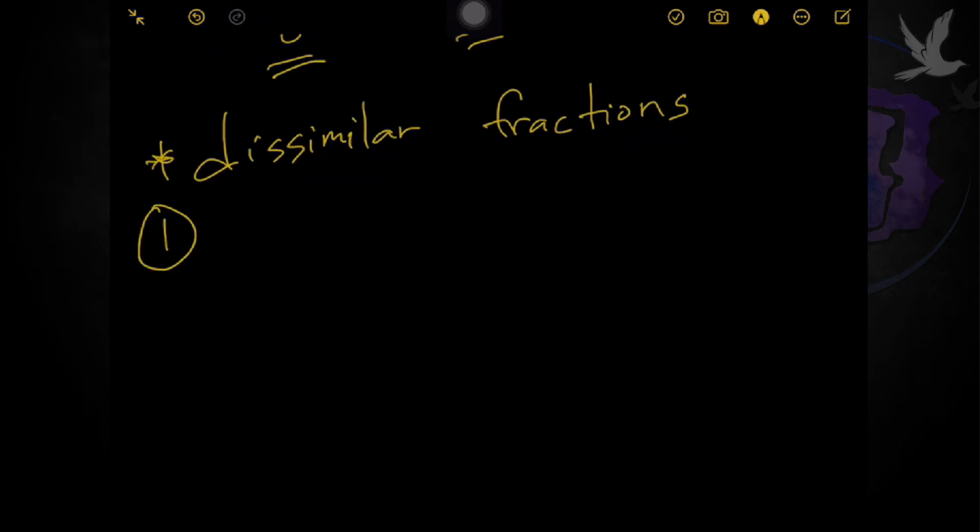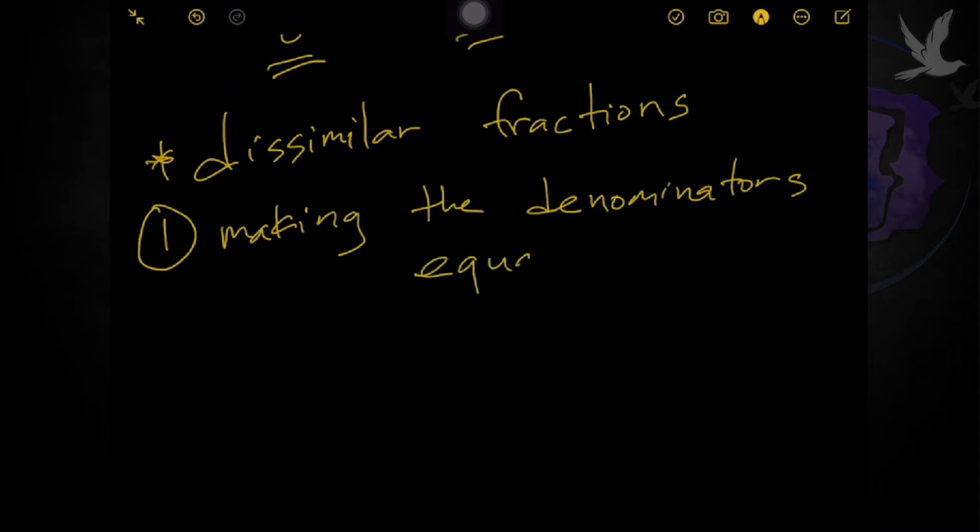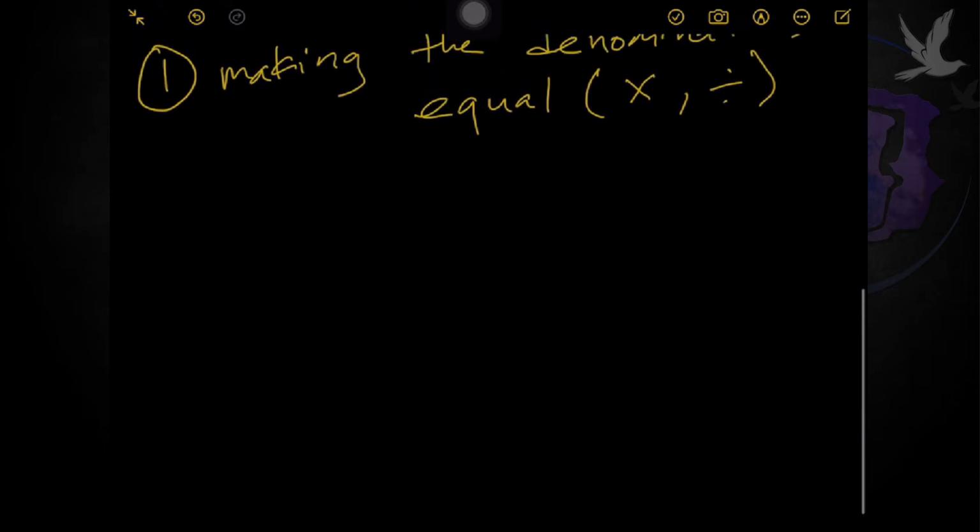One is by simply making the denominators equal. Okay? Making the denominators equal. So it's either by multiplying one or by dividing one. Okay? The other one is through